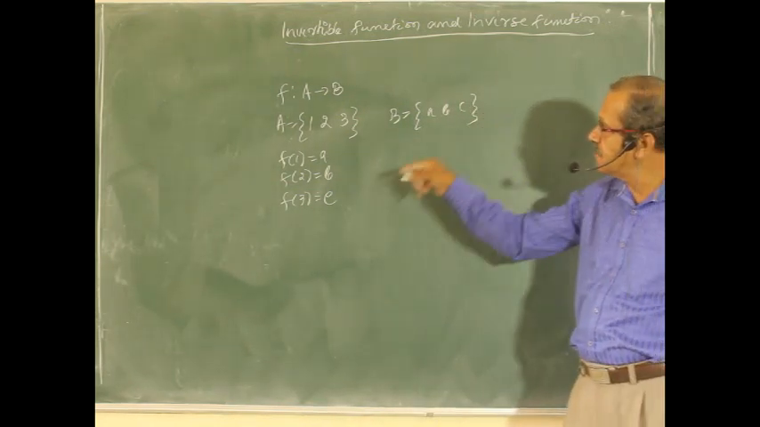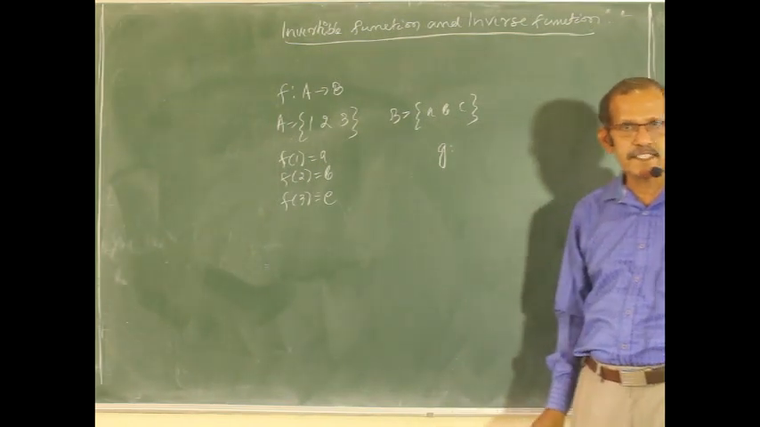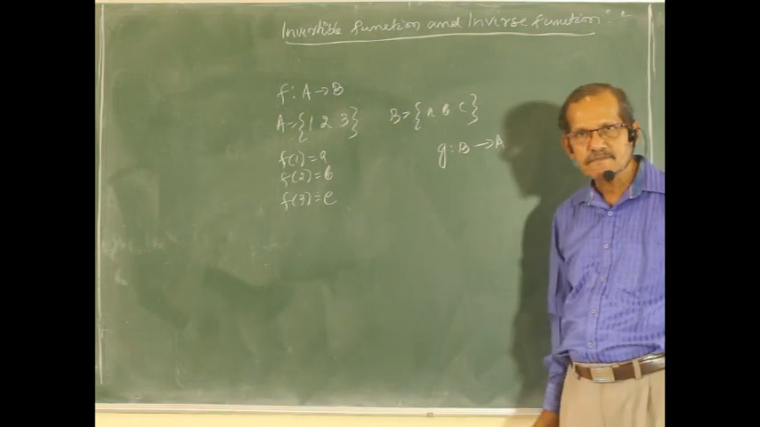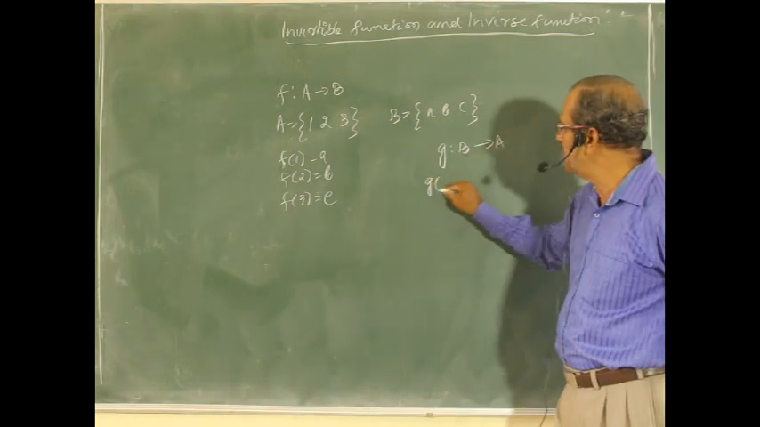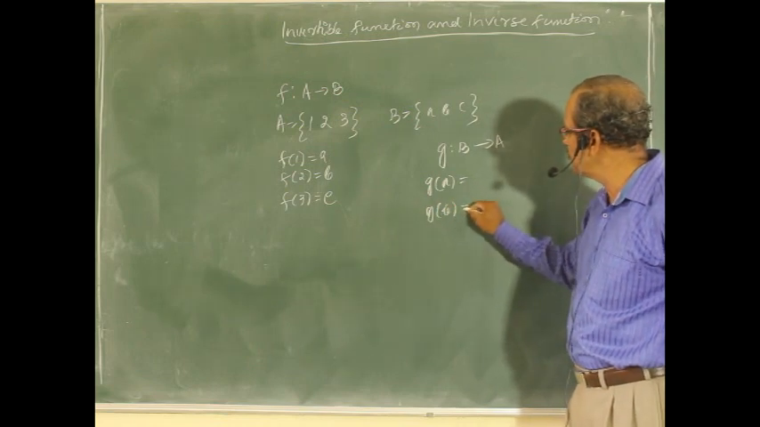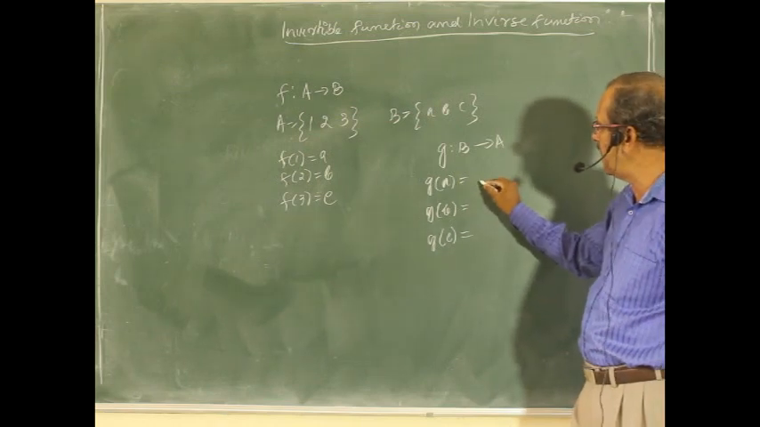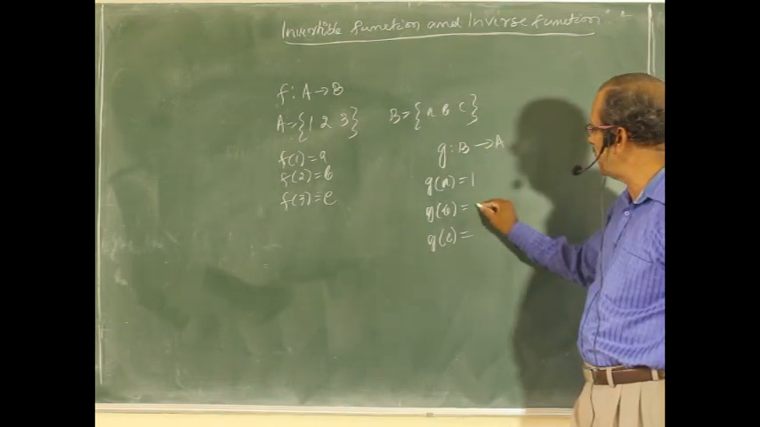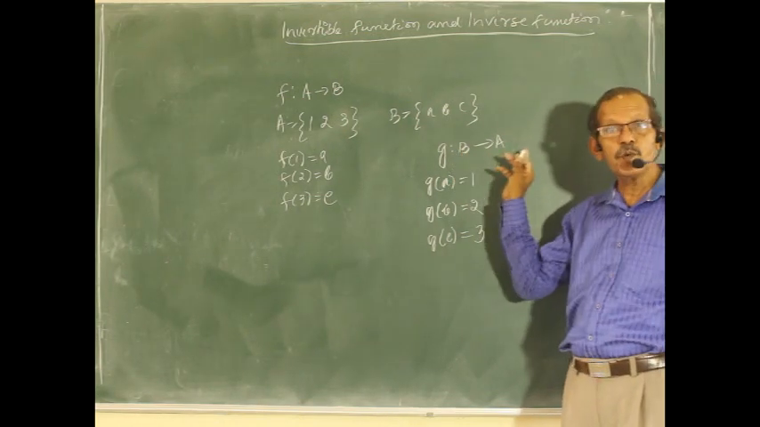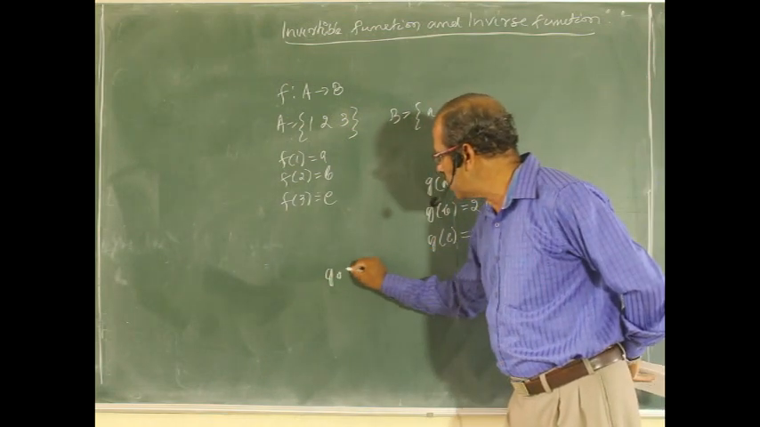Now, define one more function g. Define another function g such that g is from B to A, reverse, defined by g of a equal to 1, g of b equal to 2, g of c equal to 3, because it is B to A. Now, observe that g composite f